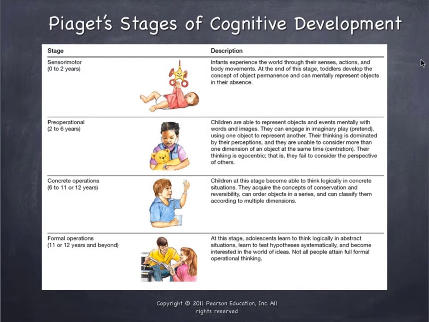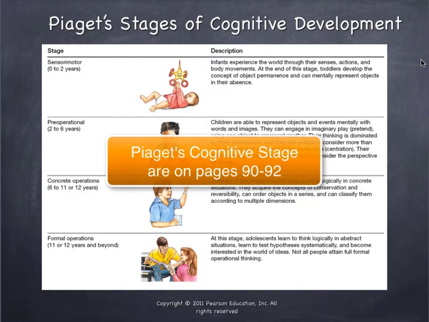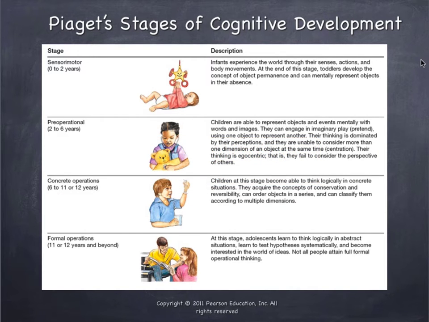Piaget developed many stages, and I'm going to quickly review them here in terms of the stages of cognitive development. Now his first stage was the sensorimotor stage, and this was for children 0 to 2 years of age, where the infant gains an understanding of the world through their senses and their motor activities. Actions and body movements would be one example of a motor activity. Infants' behavior gradually moves from mostly reflexive to more complex and intelligent. The infant learns to respond and to manipulate objects and use them in a goal-directed activity, and that's in that